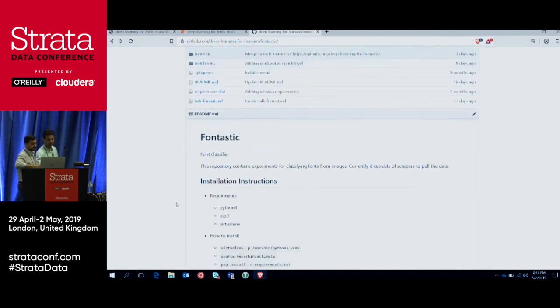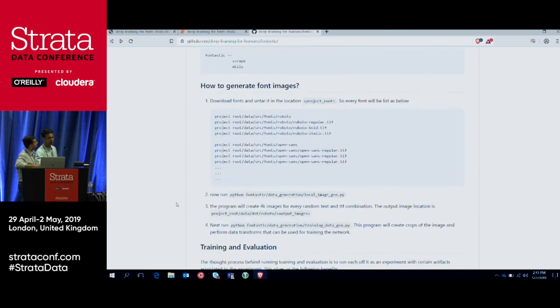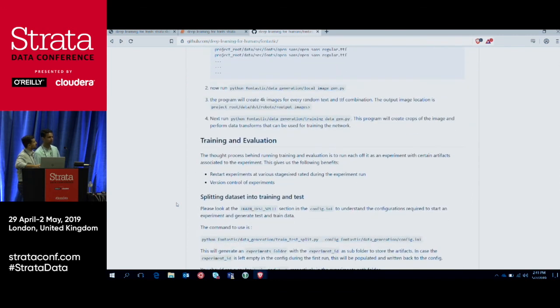Yeah, so we have about 70 fonts that we are supporting now, and the idea is we put this up as a service where people have the capability to upload images, and we'll run through an object detection layer first to find out where the text is and then pass that text through Fontastic. Because what we have today does not work for text in the wild. I cannot simply shoot something and then use it. So like Nischal said, we need object detection on top of this, which can do that for us.